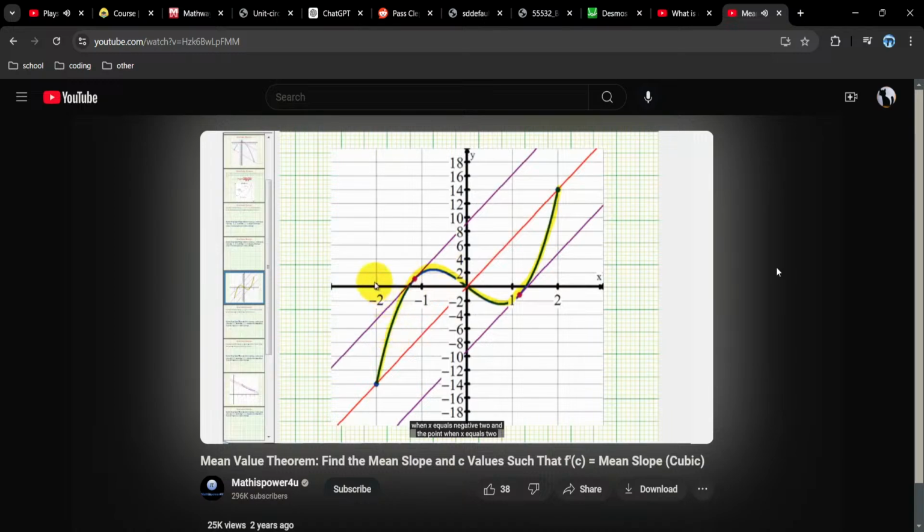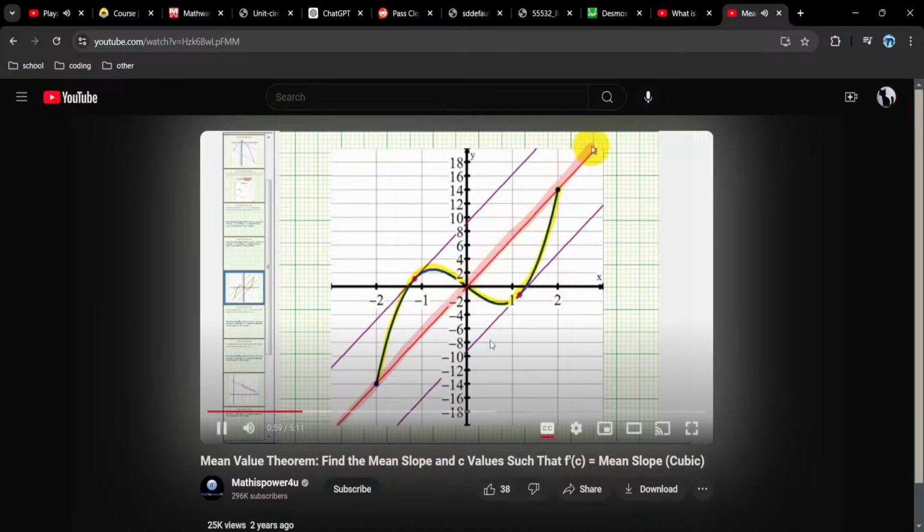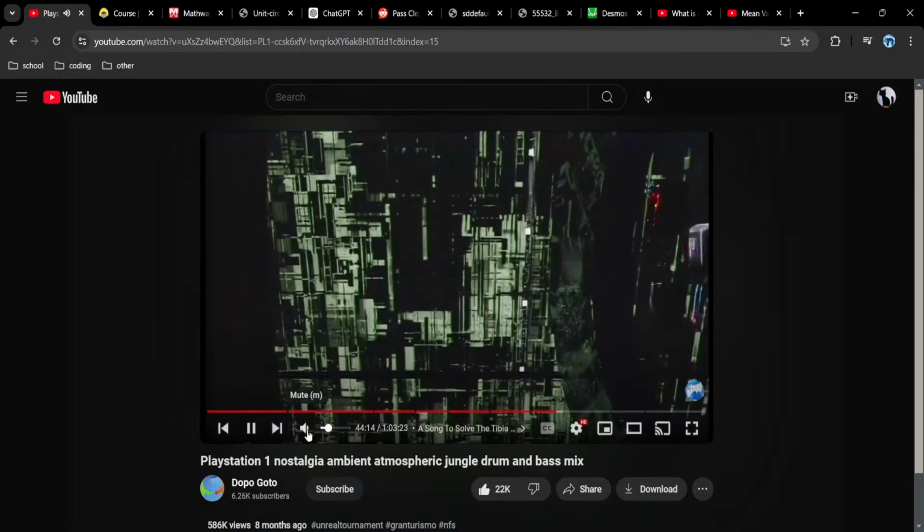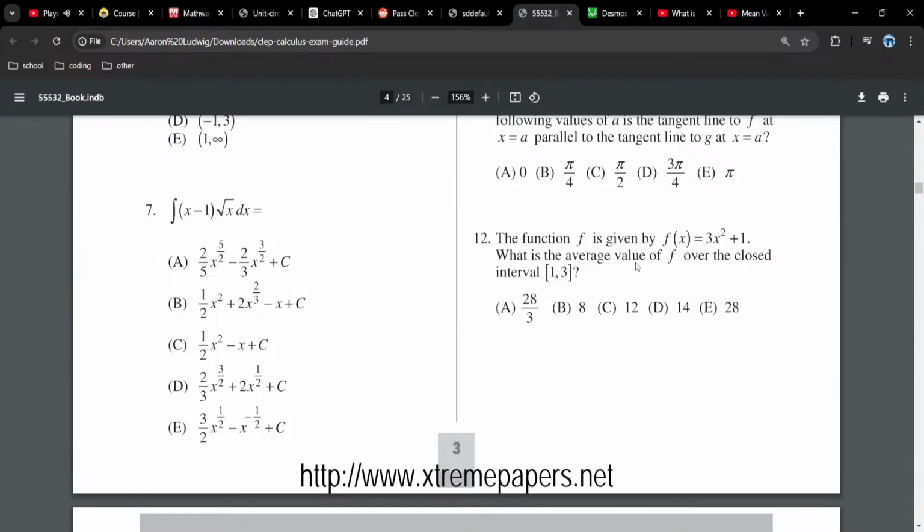Passing through the point when x equals -2 and the point when x equals 2 would be the mean or average slope. And then our goal is to find the x values on the function where the slope of the tangent line would be the same as the average slope of this red line. So what is it asking for? Is given by what is the average value of f over the closed interval. So if a closed interval exists and is differentiable,